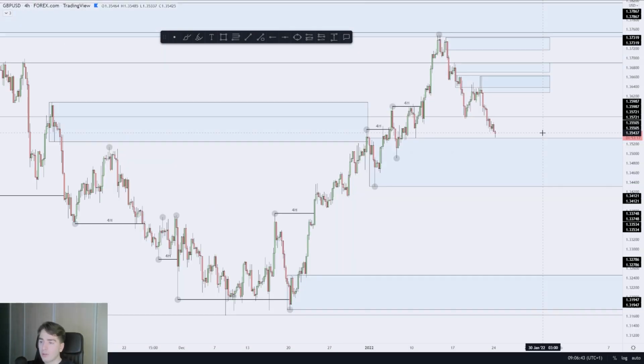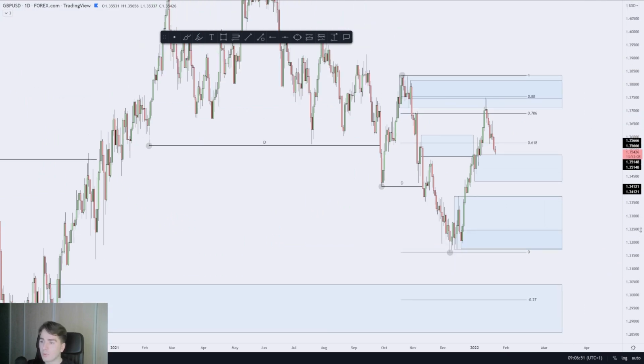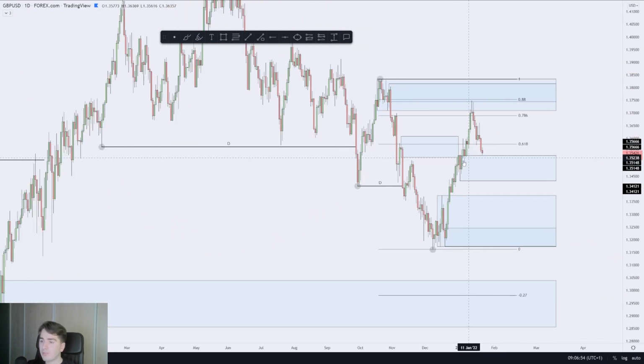And Pound Dollar, guys. So Pound Dollar, pretty much just expecting a pullback back up in towards the highs to then potentially look for further shorts in line with the daily trend. Daily trend is of course still bearish for me personally. Just keep in mind that we have some daily demand over here, which is a flip zone or a takeout zone, which took out this zone over here.